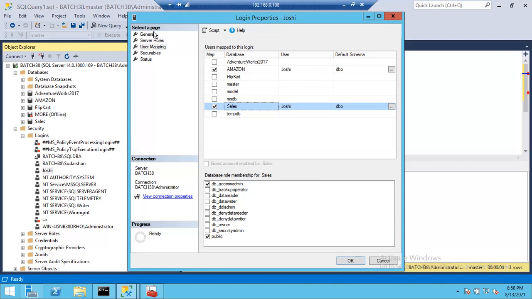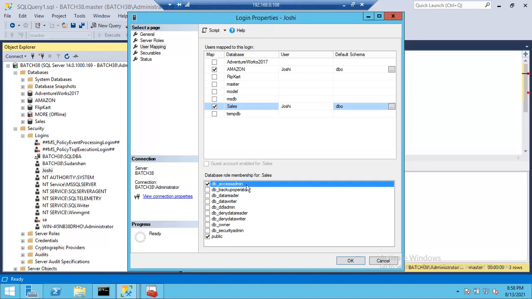Even though you are opening the Joshi login, you are adding the Joshi user to the DB access admin. So only the user will be added into the access admin role. In this way I can add any user into the database role. Clear?